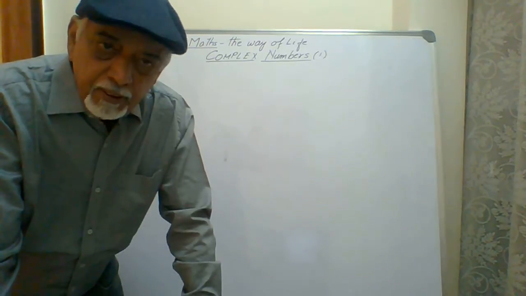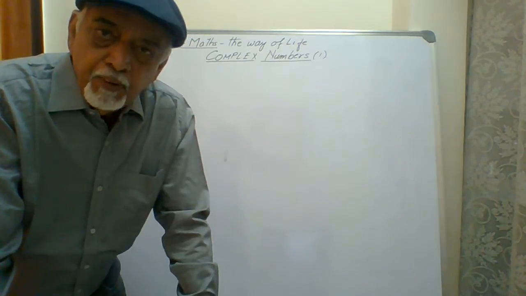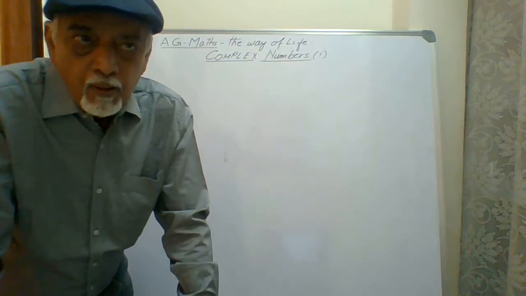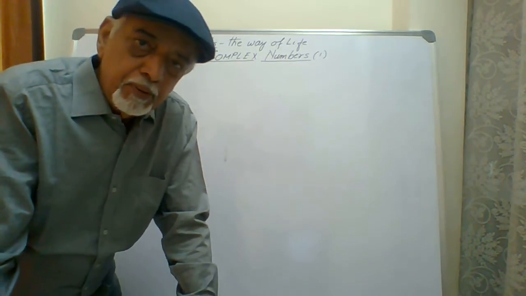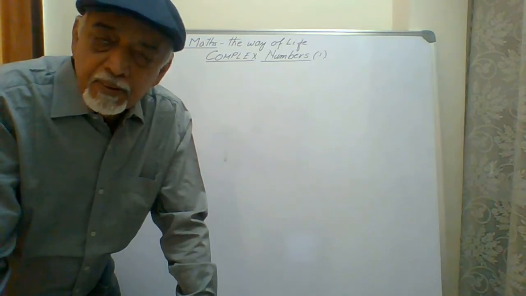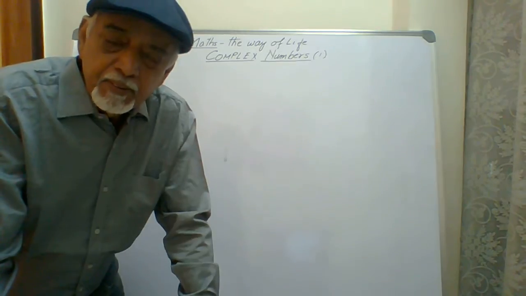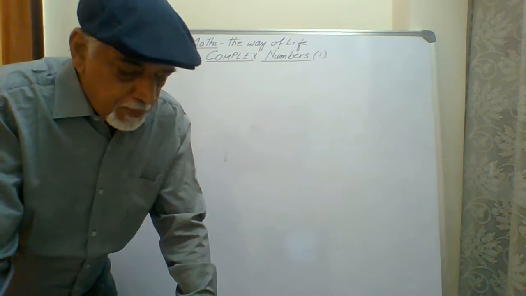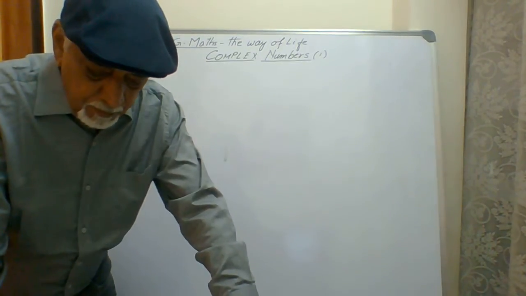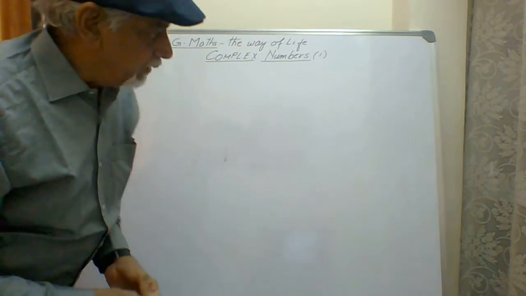Now we have learned about numbers, different types of numbers we know. We know natural numbers, real numbers, positive numbers, negative numbers, rational numbers, then irrational numbers, surds, mixed fractions, decimals, so many things we know. But we have not come across this number, which is called a complex number. Now, why does the need for complex numbers arise?